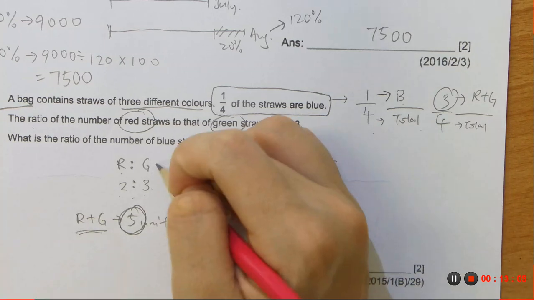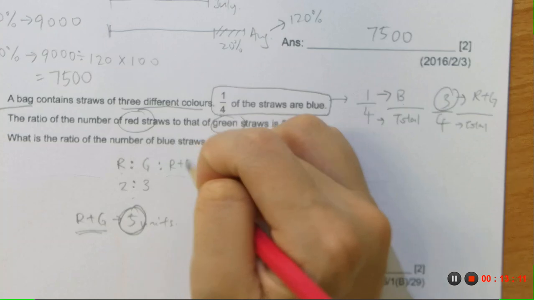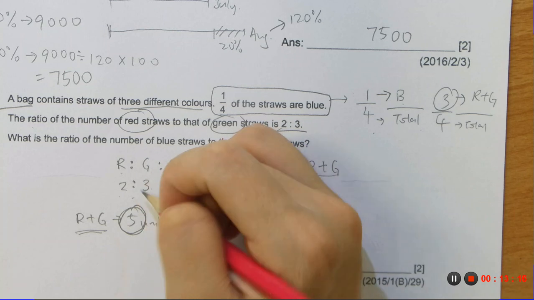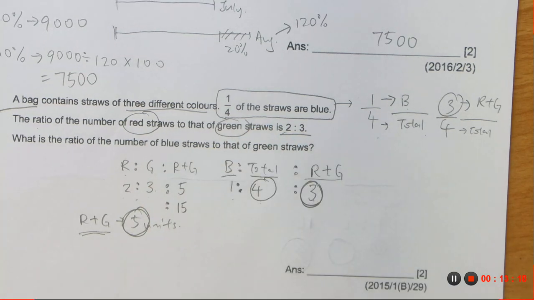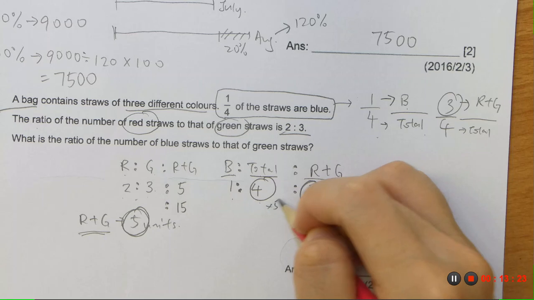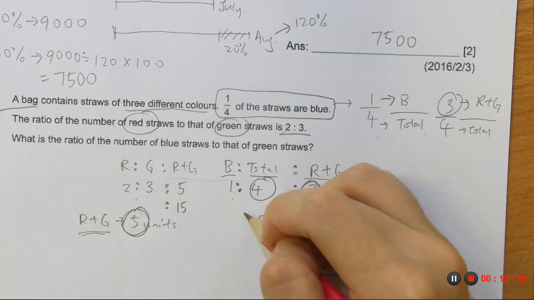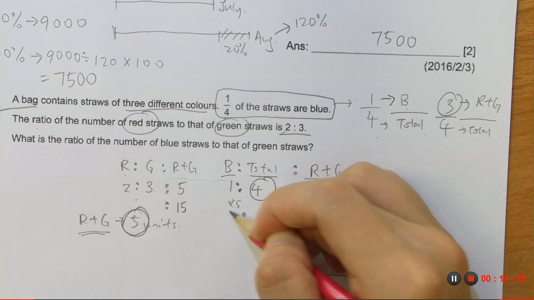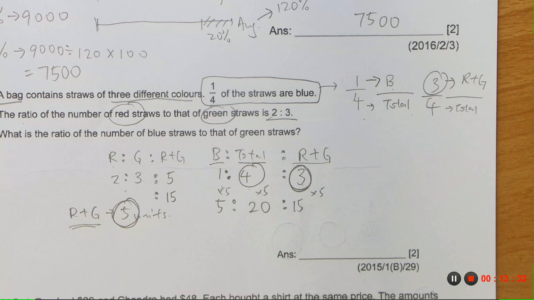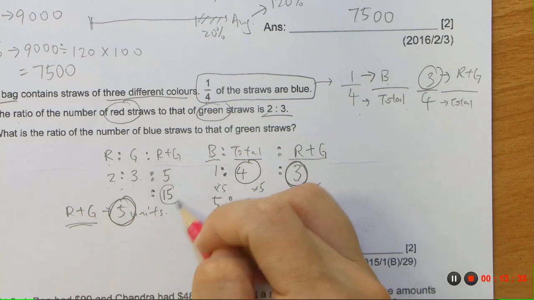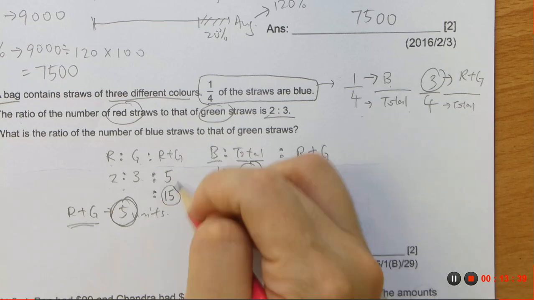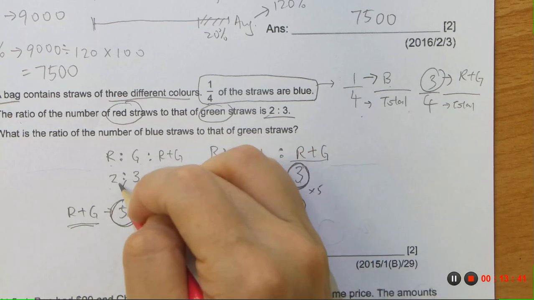So, here become 15. Here also become 15. So, yes, I find the equivalent fraction. Total become 20 units. Blue become 5 units. Red and green, 15. So times 3, times 3, times 3 to find the